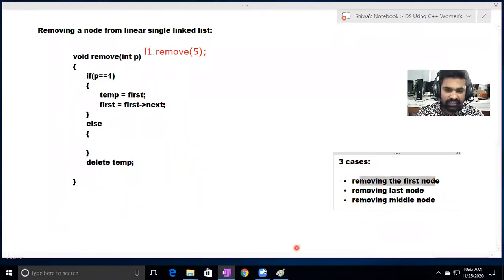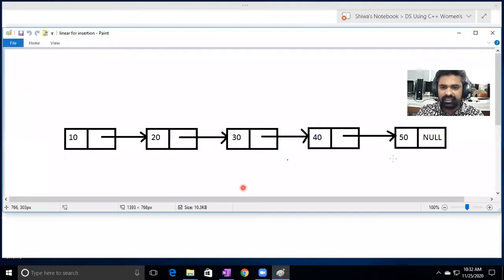Now I want to remove the last node. So we are calling like this: L1 dot remove of 5. So 5 means this last node. This is position 1, this is position 2, this is position 3, this one is position 4, and this one is position 5.